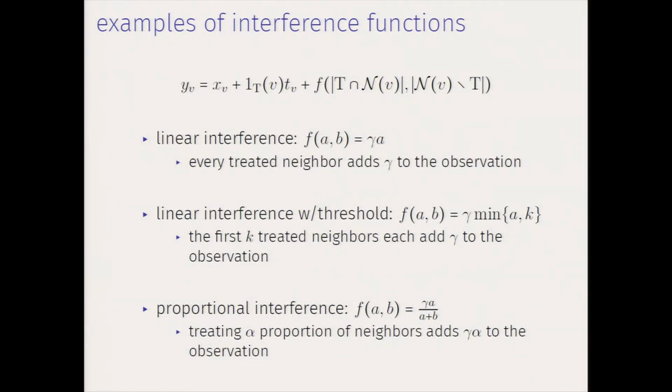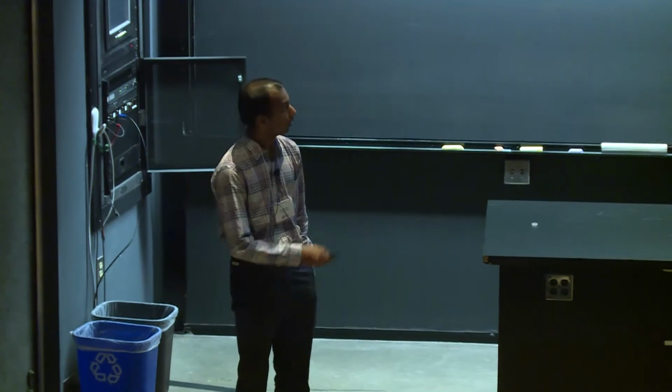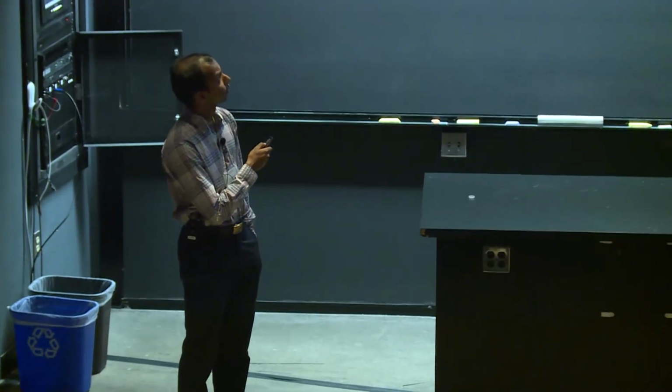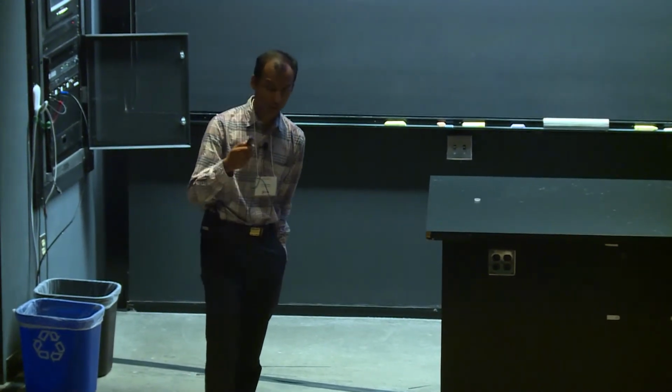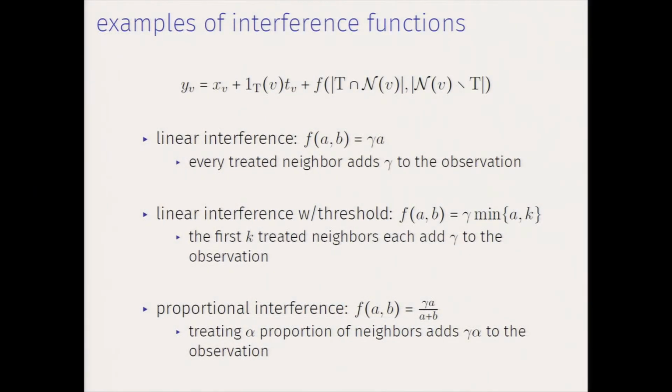I want to give a couple of examples of what this interference function can look like, the simplest examples. The most basic example is a linear interference function. So f(a,b) is gamma times a. What this means is that every treated neighbor adds gamma to the observation. Another example would be a linear interference function with a threshold, where only the first k treated neighbors cause interference. So that's f(a,b) is gamma times the min of a and k. So only the first k